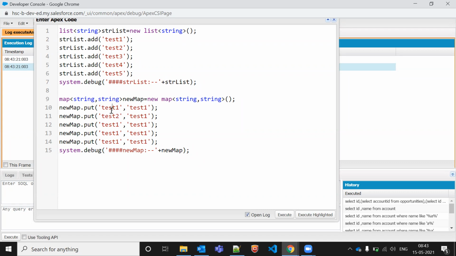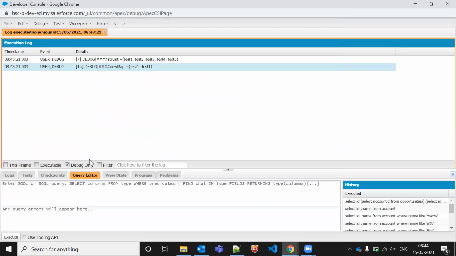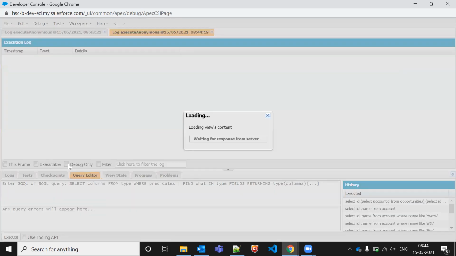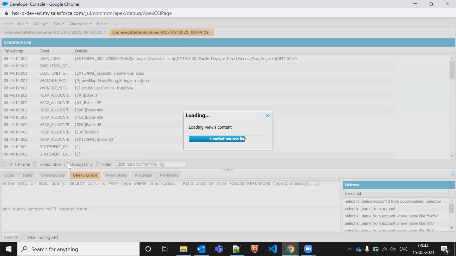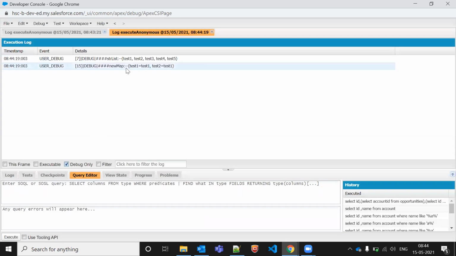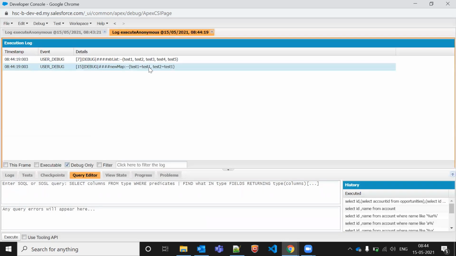So let me prove this thing. I'm making this test one. Okay, this is test two. I mean, this is unique and this is duplicate. Now what should be the result? It should return 2 things, test one and test two, key and duplicate values. Now it is returning test one and test two. Value is duplicate, test one and test two one. But key is unique, like test one and test two, right?